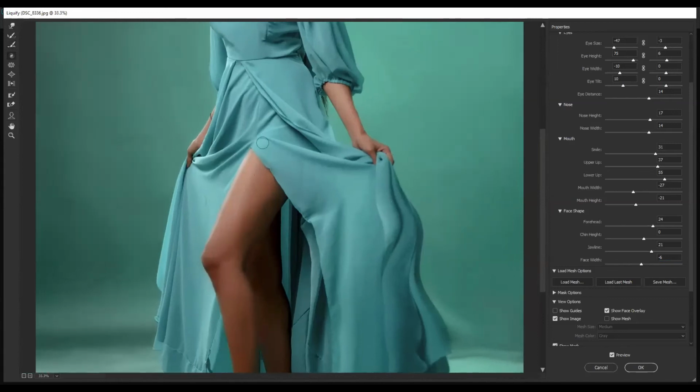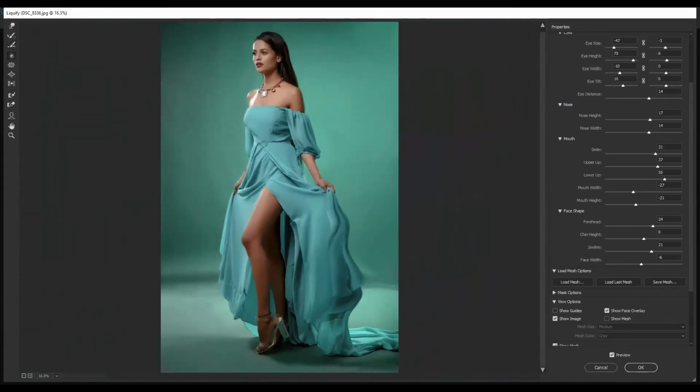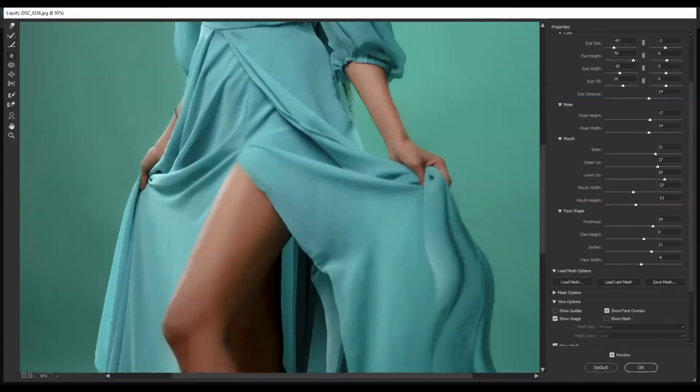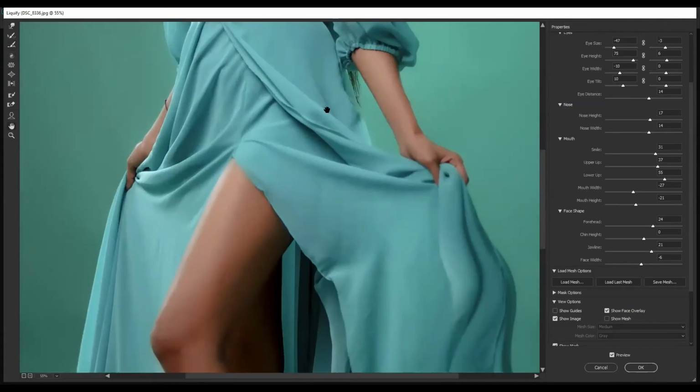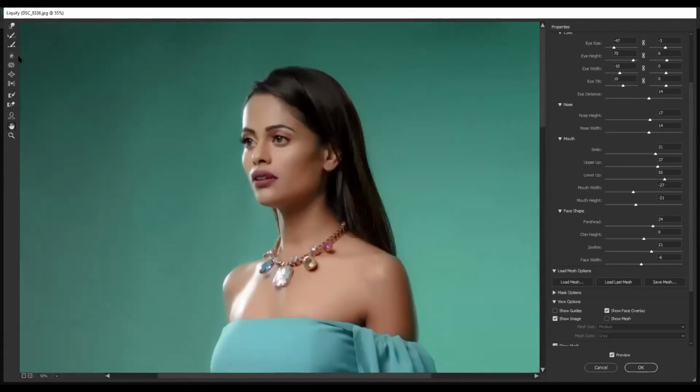Now this is twirl. Twirl tool is basically and this is the pucker to decrease the face line, and this is to enhance.